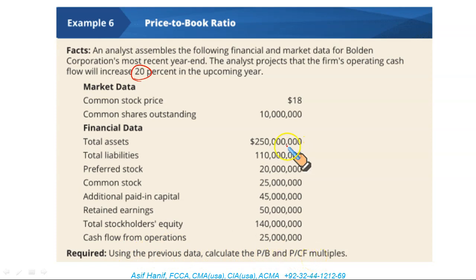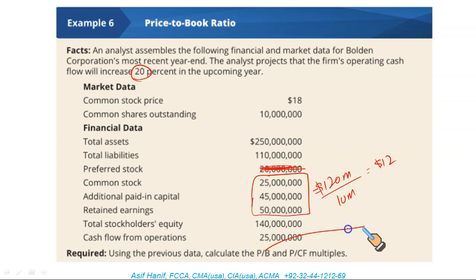Now, first of all, when I say price to book value, the book is only for common stock. You do not include preferred stock. Take 25 million, 45 million, 50. Khalas, nothing else. Preferred stock is not considered as a part of common equity. So if you add 25, 45 and 50, it will give you 120 million. So your equity has a book value of 120 million. And we need to find the book value per share first. 120 million divided by how many shares are outstanding? 10 million. So this will give you $12. That is the book value per share.